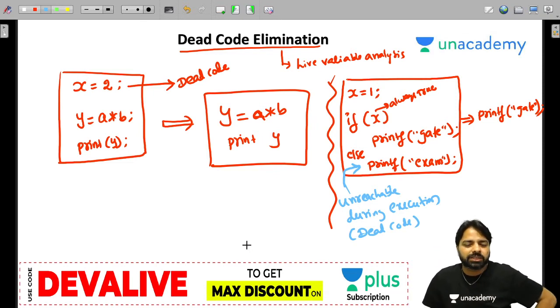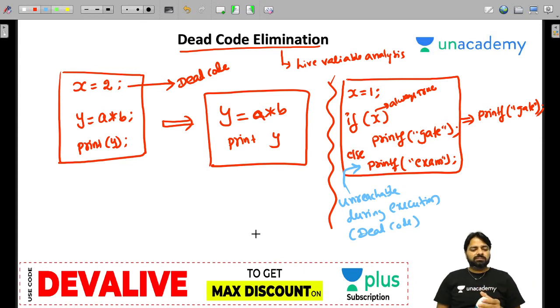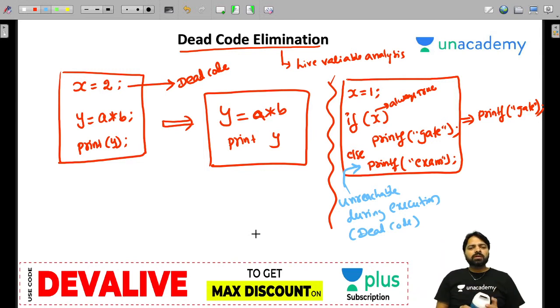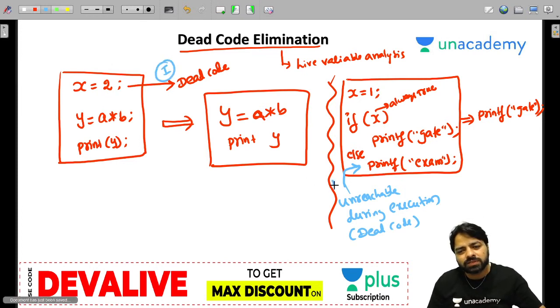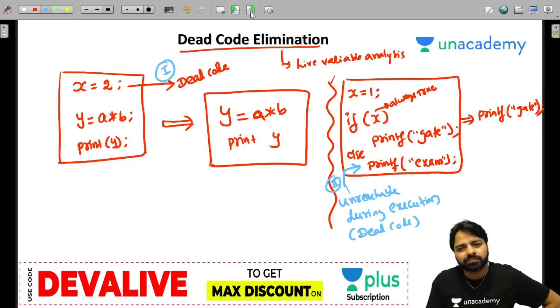Dead code elimination. One kind of dead code is this one. The second kind of dead code is this one. This is reachable, but x is useless in the future. No one is using x. No use of x, you can say that.